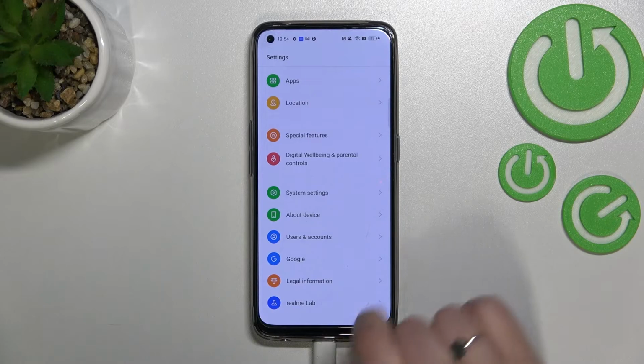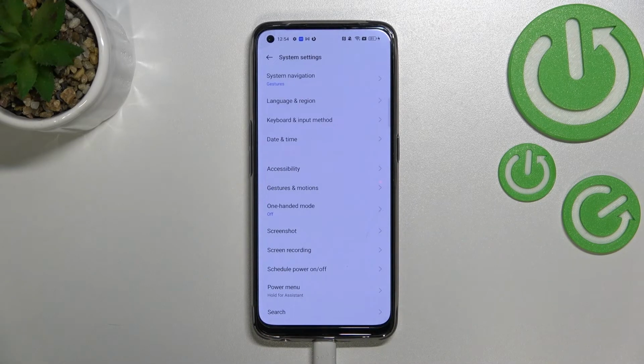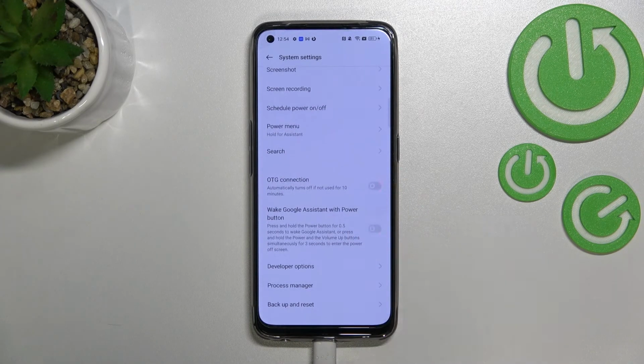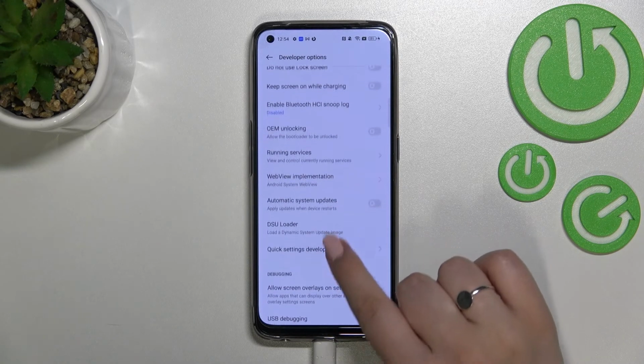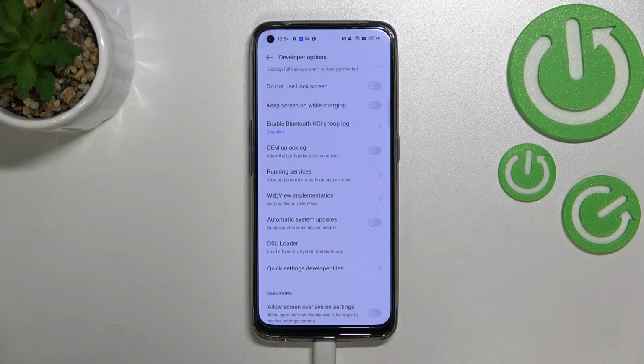so we can go back to the general settings and here let's enter system settings. Now let's scroll down to the very bottom and enter developer options, and basically here all we have to do is to simply scroll down a little bit to find the automatic system updates option, which is currently in my case turned off. So if you want to, just tap on it in order to activate that,